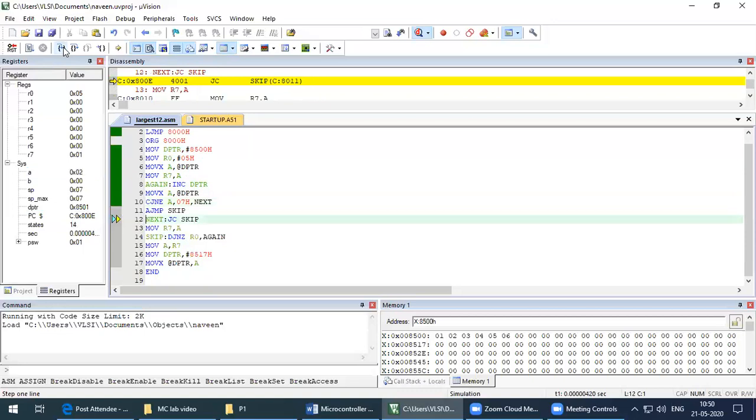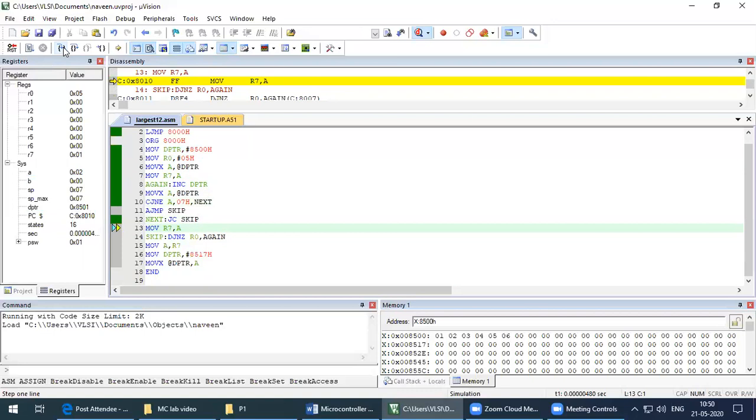Then we copy the same value into R7. Before that, we compare the data using the CJNE instruction. We can compare the data stored in 8500 and 8501.